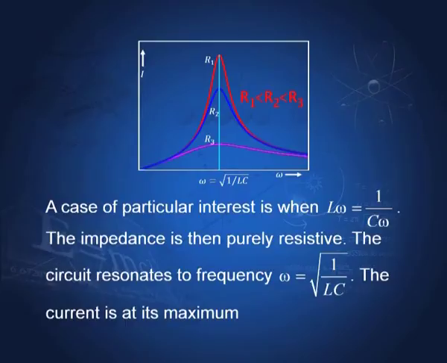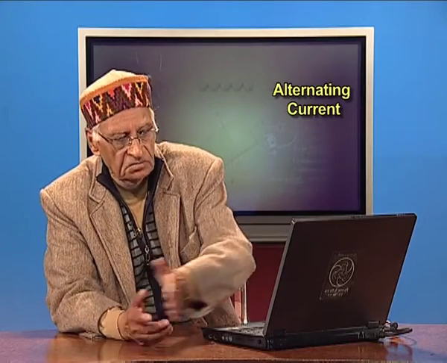This is called resonance in RLC circuits, and we shall talk about this resonance in the next lecture also. I have drawn this for 3 resistances, and as the resistance increases, the resonance effect becomes very small. The effect is maximum when the resistance is small. As it increases, the effect becomes small. The resonance is flatter for R3.